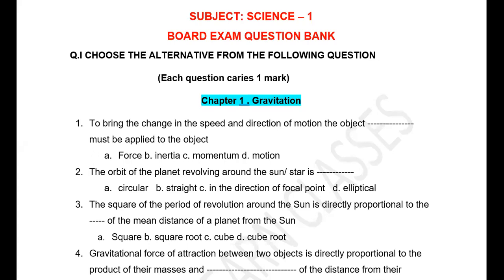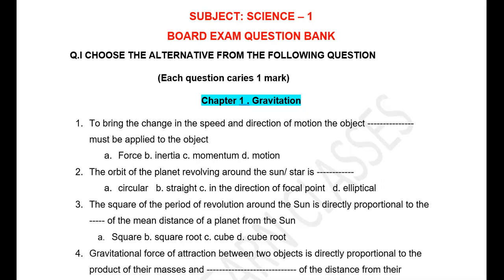All types of questions are given in the question bank. MCQs, true or false, find the odd man out, give reason, answer the following. Many questions are there. It's only for practice. It doesn't mean that all the questions will come from the question bank. You have to read the textbook also. Okay, let us start. First, we will solve MCQs. Each one carries 1 mark. First, we will start with lesson number 1.